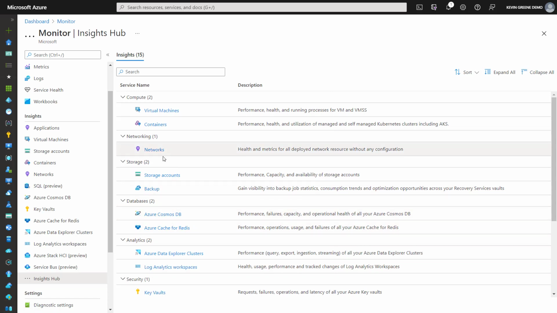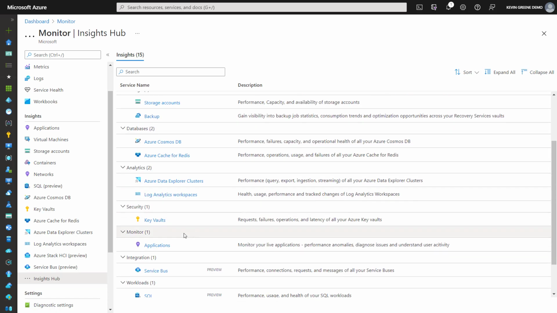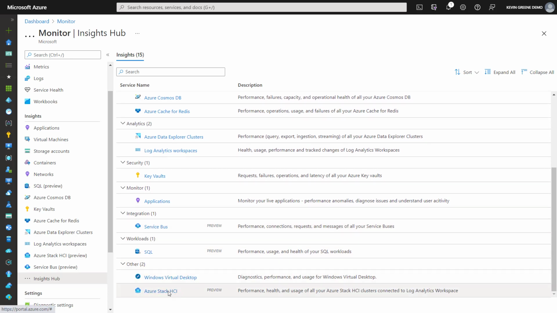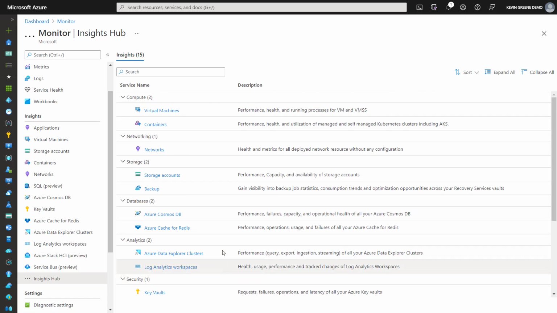Backup, networks, we didn't speak about that. Service bus, like there's a bunch of other stuff. Azure Stack HCI, if you've got that hybrid connectivity up into the cloud from on-prem. All of those different insights can be onboarded and then can be presented in one easy to consume view from within the Azure portal. Okay, so we'll go back to the deck and we'll move into the last tip